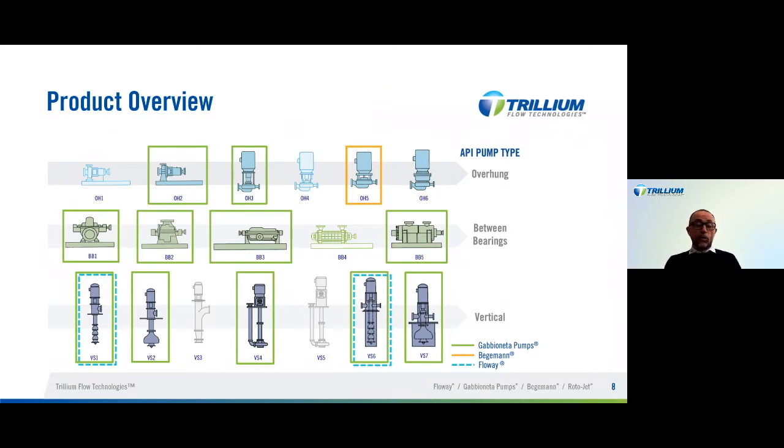For sure, the most important, for example, are OH2 in terms of quantity of pumps, or BB2 and multi-stage in terms of critical applications. We can see that a missing pump is the OH6. The current product portfolio of Trillium Pumps Italy incorporates also the Begemann products, mainly the OH5 pumps compliant with Shell